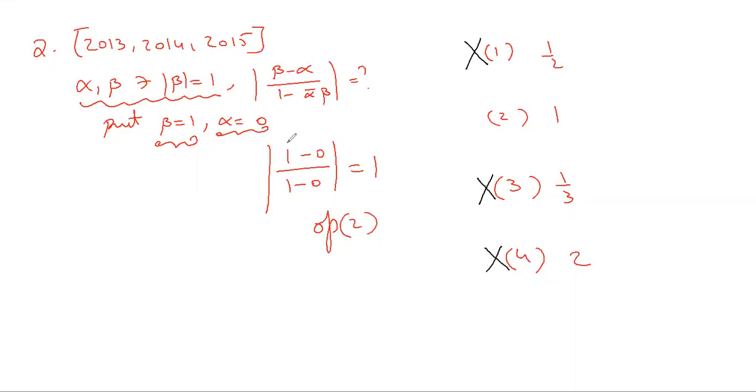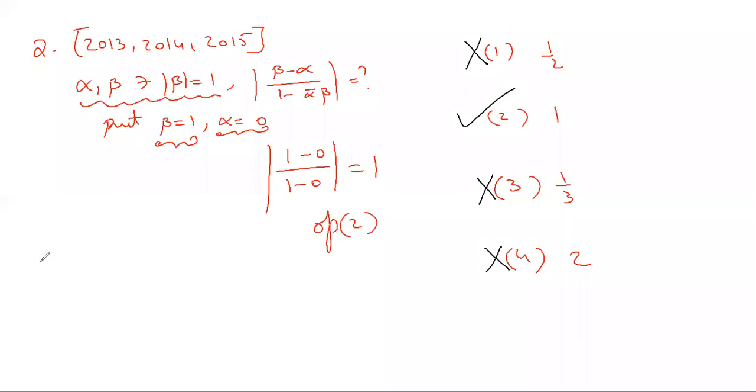So with this values method, you can never identify the correct answer. With the values method, you can identify the wrong answers, because these three options are not satisfying, so these three are wrong answers. So automatically when you identify three wrong answers, the fourth one should be the correct answer. Like that we are getting the correct answer. That's why we call this the elimination method, eliminating the wrong options.